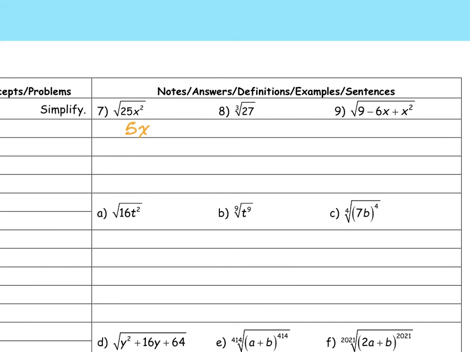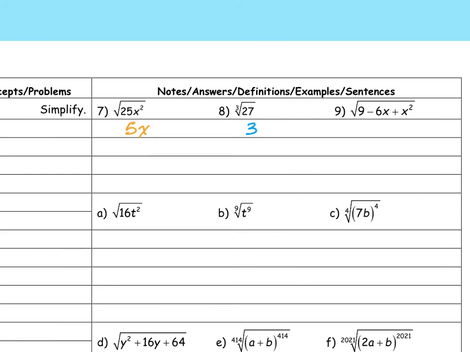Yep. Okay, what's the cubed root of 27? That's 9? No? So 9 times 9 times 9 is 27? No. 3, there you go. Because 3 times 3 times 3 is 27. Right, because cube root means I have to have 3 of the same thing inside to bring 1